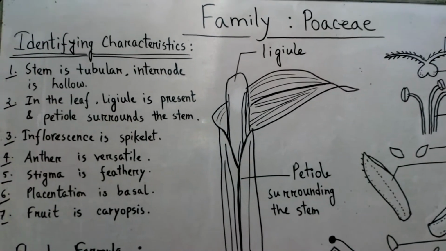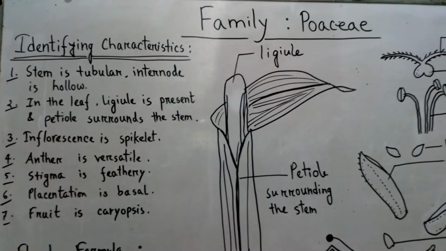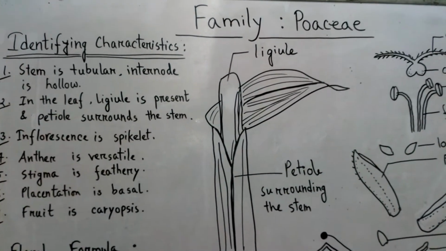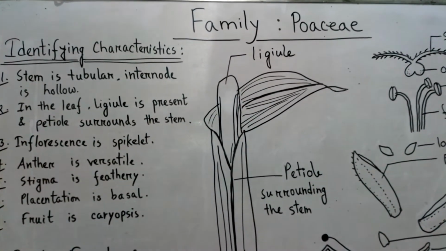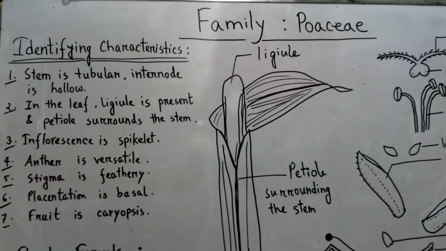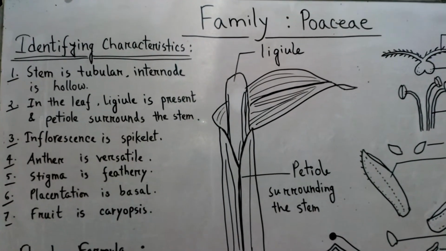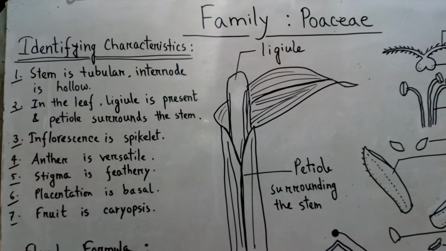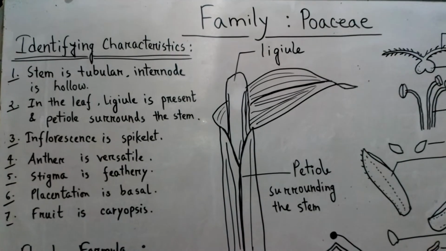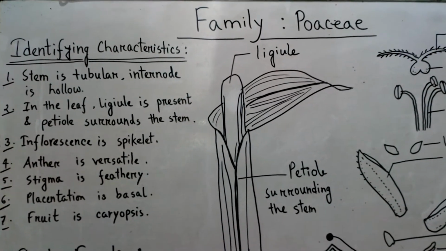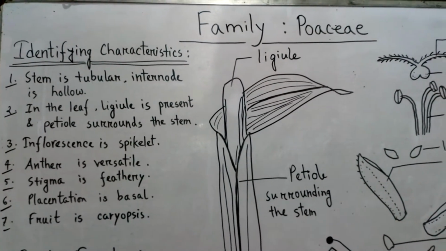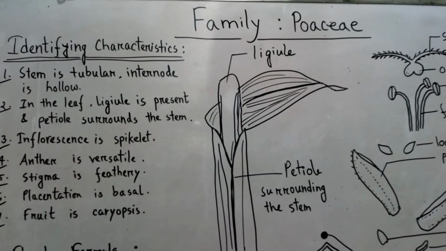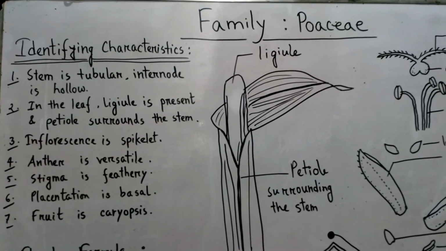Fibrous root is present. Fibrous root means that for any reason, if the taproot is disintegrated, from that place a cluster of fine roots develops. This is known as fibrous roots. Then leaf venation is parallel and the flower is trimerous. It means in the flower, the number of different whorls is either 3 or a multiple of 3, that is 3, 6, 9, like this.